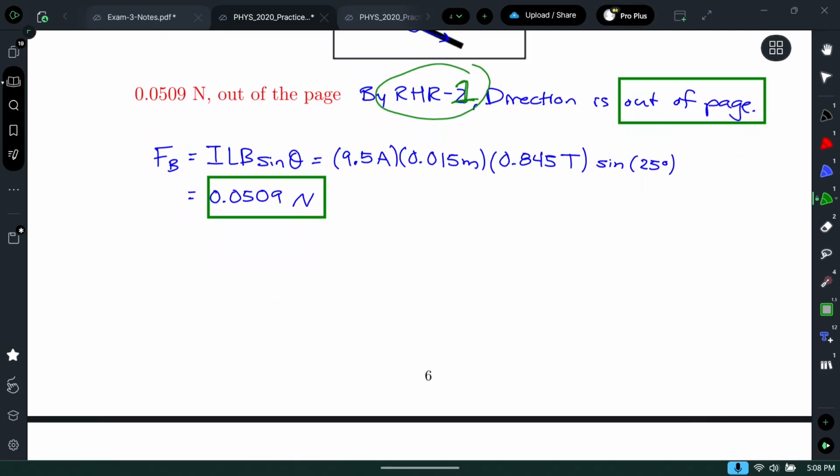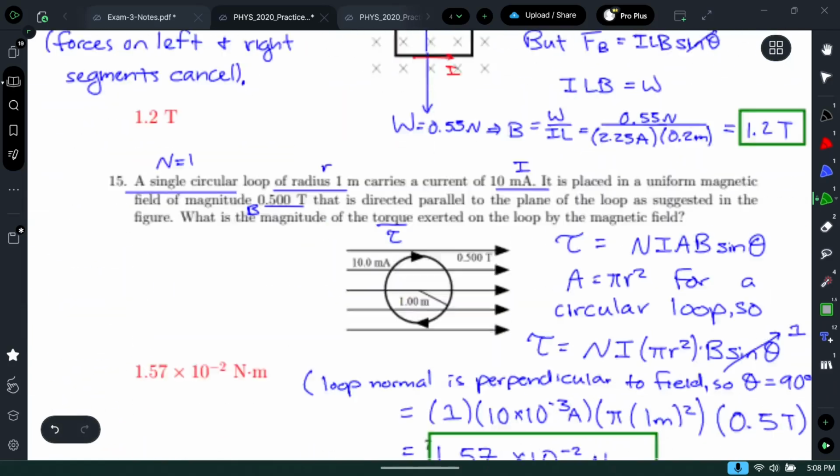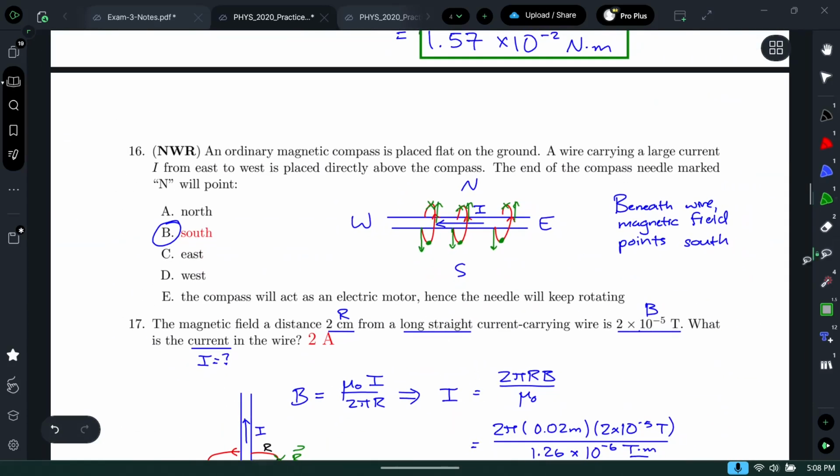Next one was number 16. Confused on the setup of the word problem. It's wording. So a compass is placed on the ground. A wire carrying a large current from east to west is placed above the compass. The end of the compass needle. All right, and the question was just sort of like, what is the